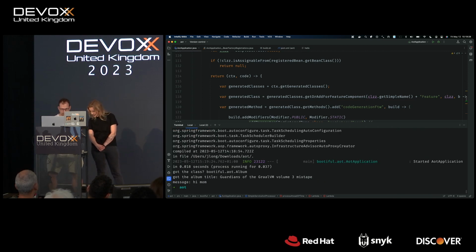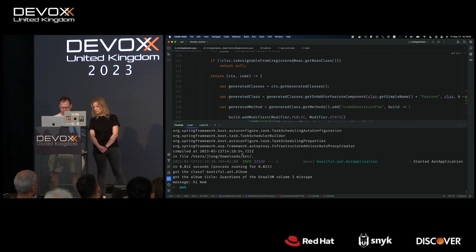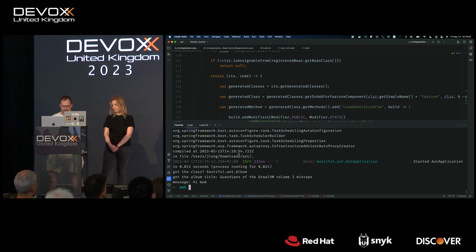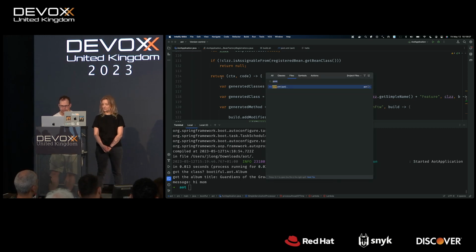OK, what's up? So we see our timestamp. You see when I ran the program, it said 722Z, OK? So let's run the program again, right? AOT. Yep, there it is again, right? 722Z. So I've reified at compile time the time it compiled and the path. You're not going to do that kind of stuff, but it's interesting to know you could, right? You have compile time context now that can inform the runtime behavior. And you can see that also in the generated code.